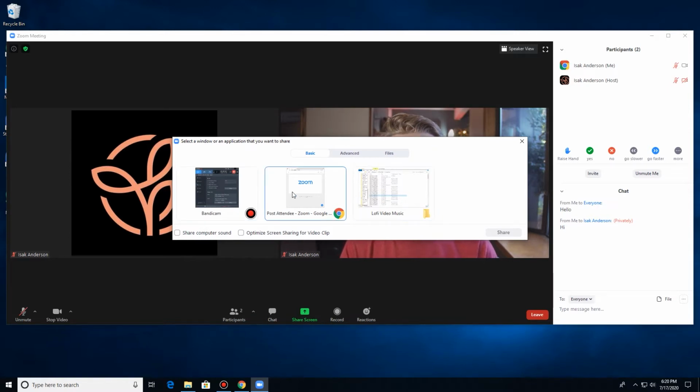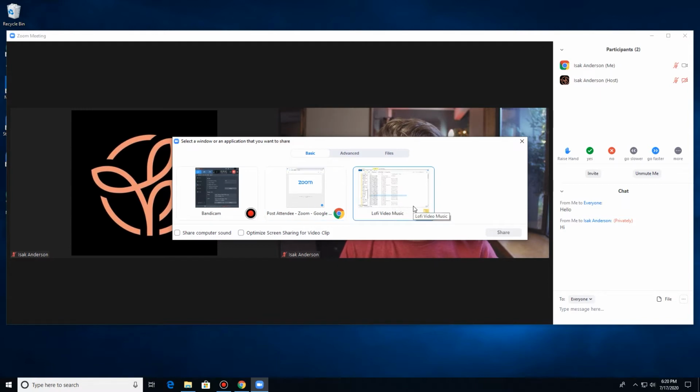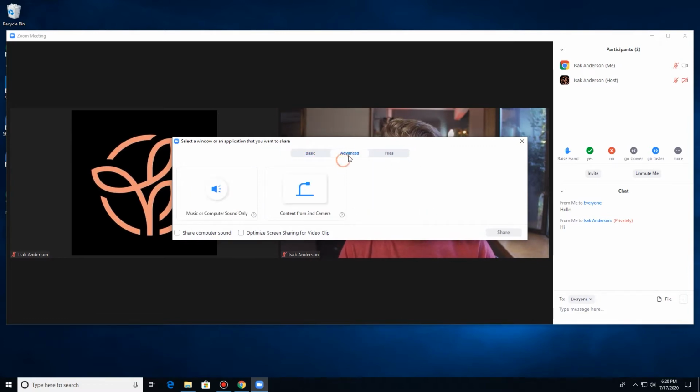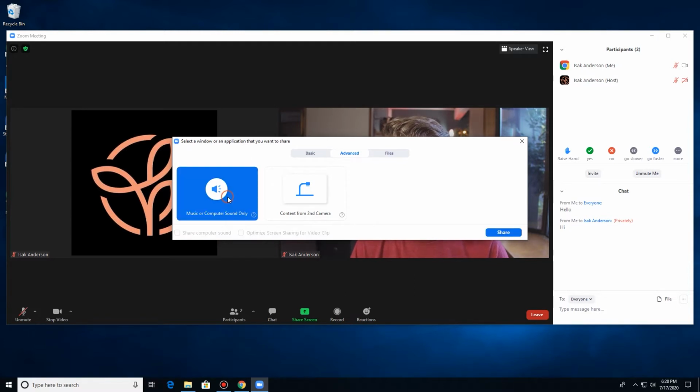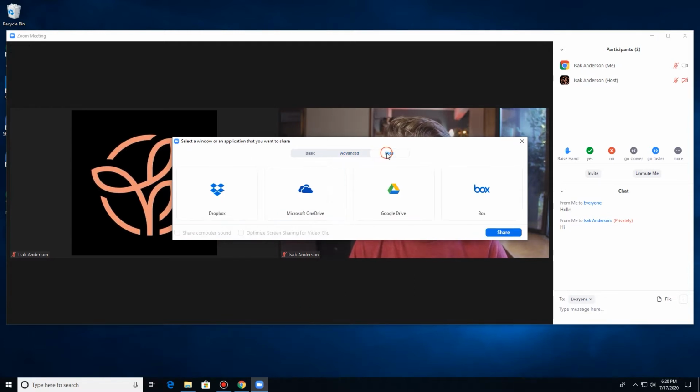These are programs that are opened on my computer, even including a folder including the music for this video. But we also have advanced options as well, where you can just share the audio from our computer, which is pretty awesome. So if you want to be playing some background music in a meeting, you can do so with that. And you can also share files through various